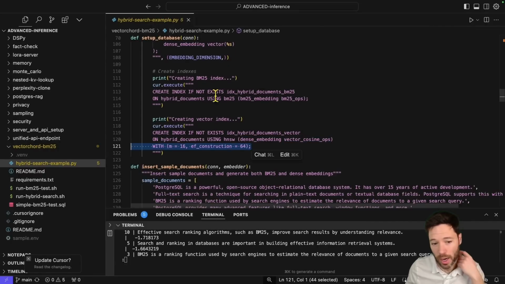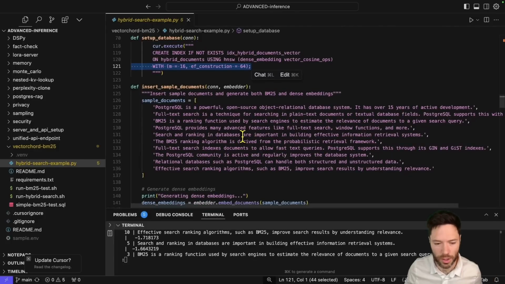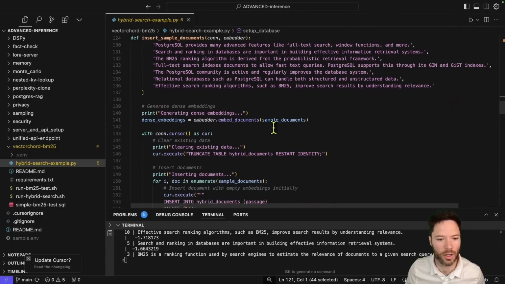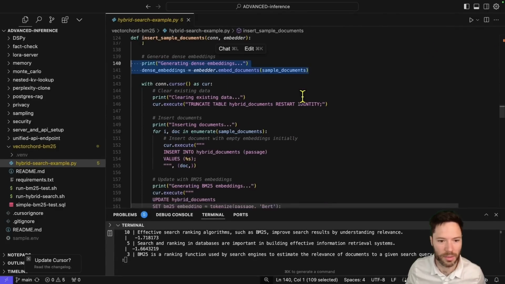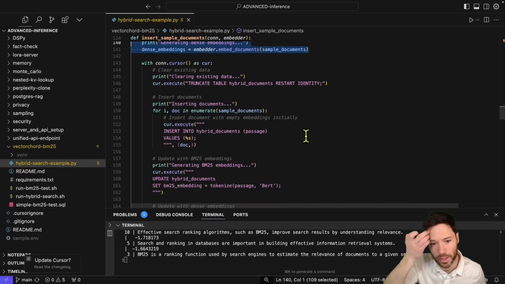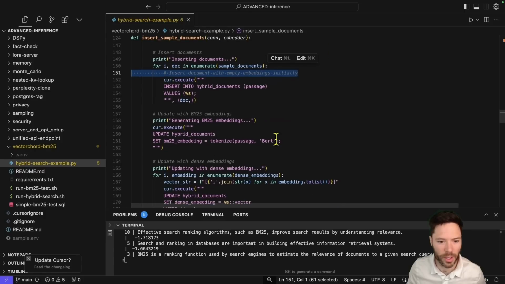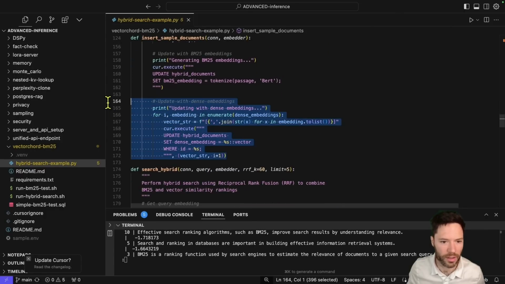And by the way, these are parameters here around the group sizing of the hierarchical navigable small world. We've got some, I think, fairly standard defaults. Then we insert documents like I showed you earlier. We get the dense embeddings and we write those into the document database. So we're inserting the document with empty embeddings, updating with BM25, and then adding in the dense embeddings that have